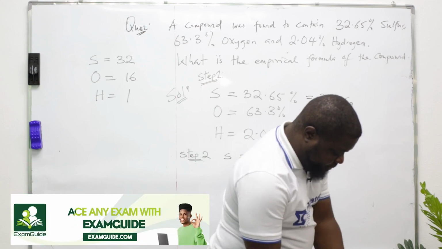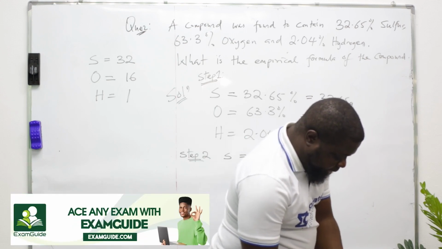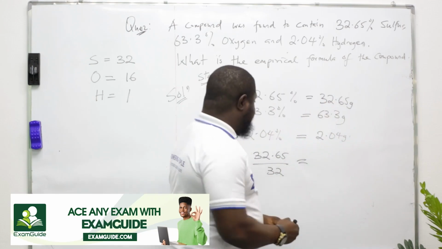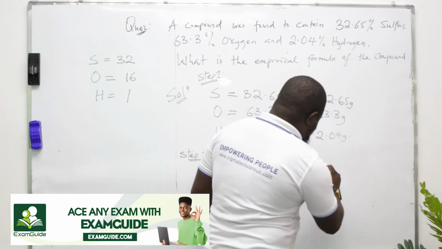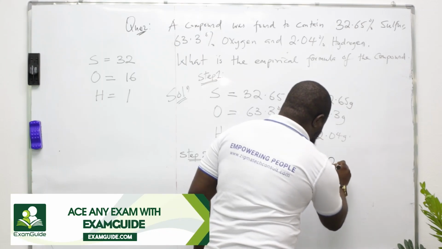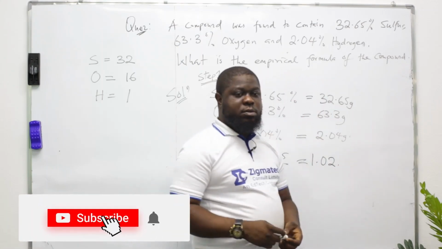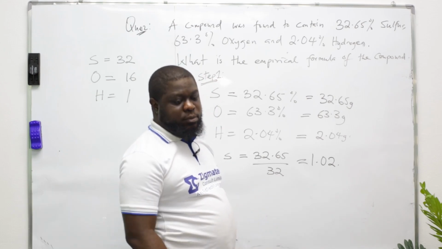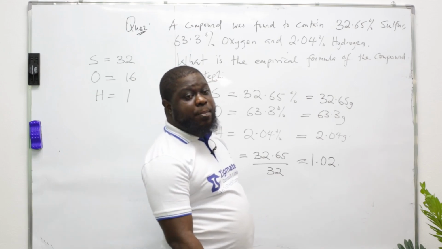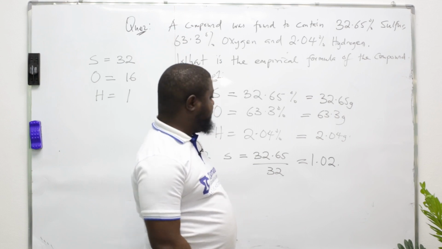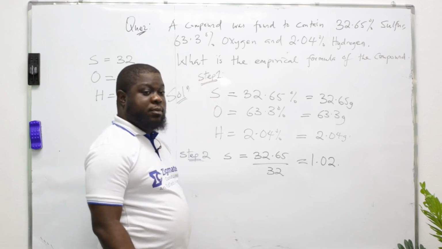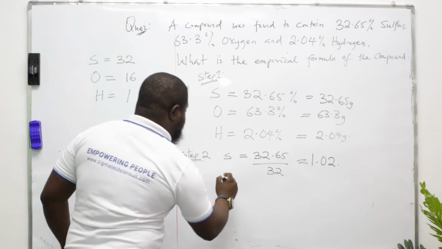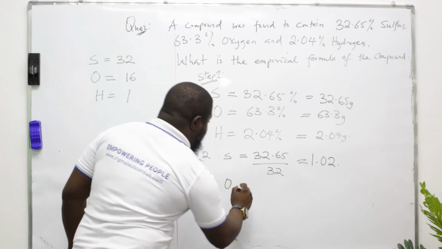32.65 divided by 32 gave us 1.02. That's for sulfur. Now, for oxygen, O is